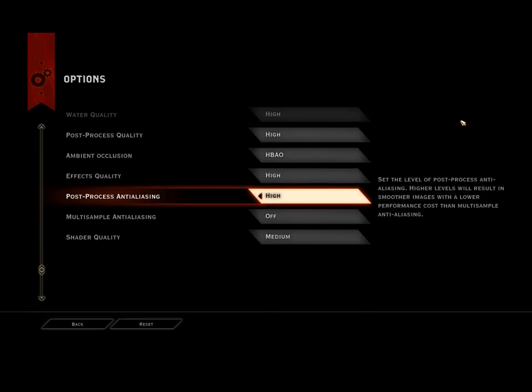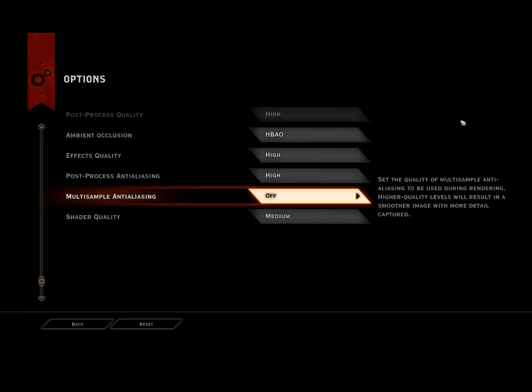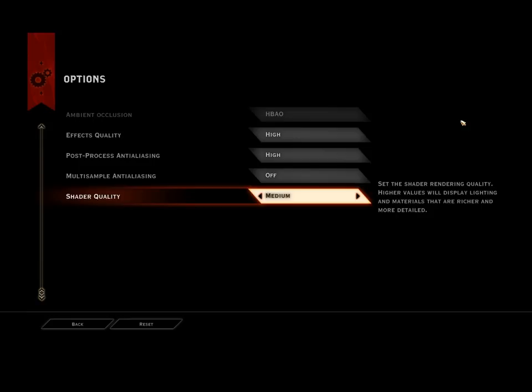Post-process anti-aliasing. Now this is things like FXAA and MFAA, which is not the same as multi-sample anti-aliasing, which is incredibly hungry. It'll use up all your video memory and all your rendering power, so unless you have a really nice graphics card, you can just turn it off. You don't really see much of a difference at 1050 anyways. Shader quality, now the game turned this to medium, and I left it medium because I've played with it before in other games, and it usually cuts your frame rate in half for each level it goes up, and I enjoy 60 frames a second, so...